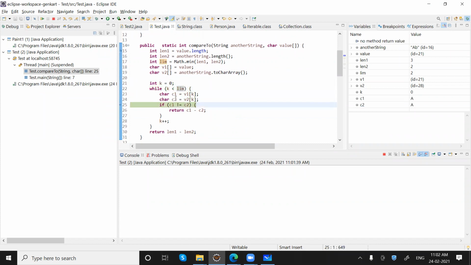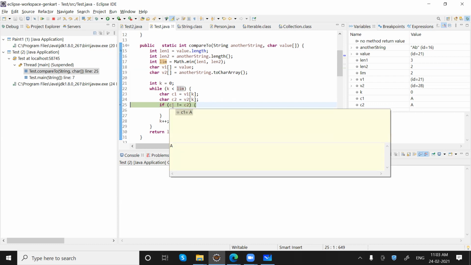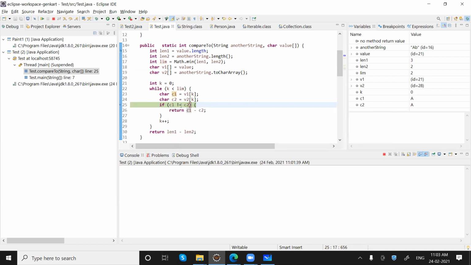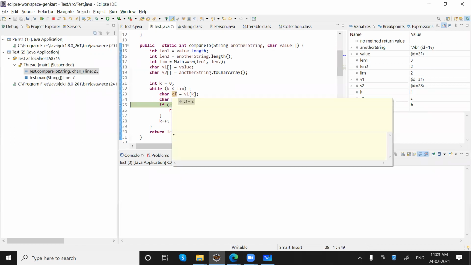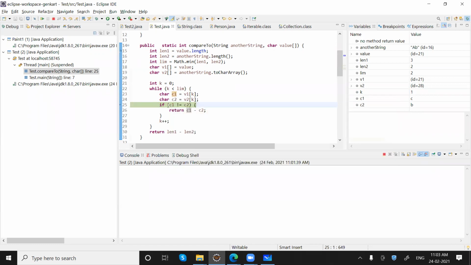So we got C1 and C2, which is basically A and A. If C1 and C2 are not equal, then return their difference. Both are equal, so we go on and it will do k++.